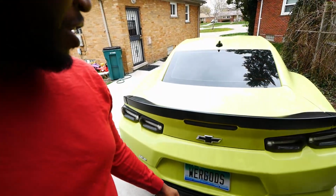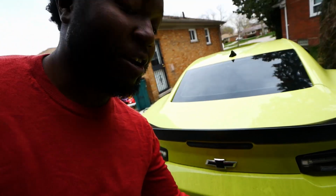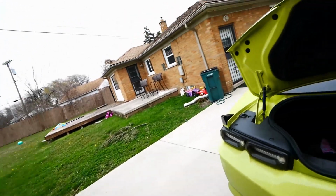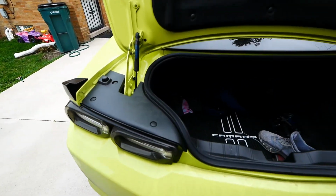So one of the first quirks you notice about the car is the trunk opening. So let me show you all what I mean. And pardon the dirty car, but it's gonna rain tomorrow, and it was snowing like a couple days ago in April. Crazy, I know. So this trunk opening, it's such a weird opening because